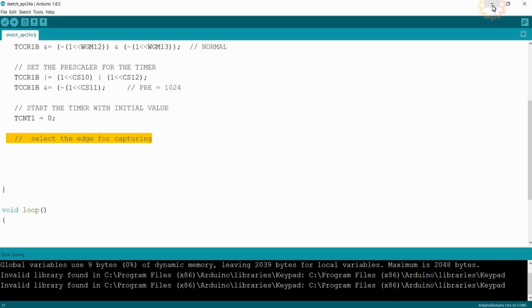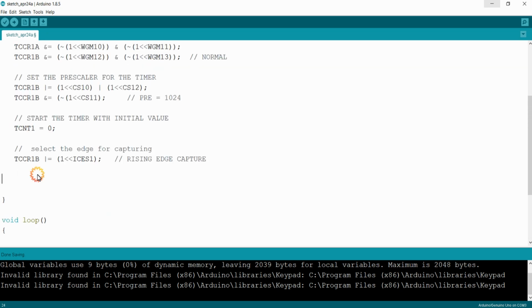We want the capture at the rising edge, so I am setting the ICES1 bit. Going to TCCR1B, 1 left shift of ICES1, so rising edge capture will occur.